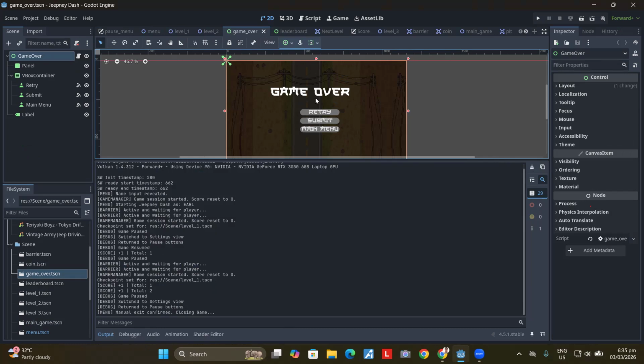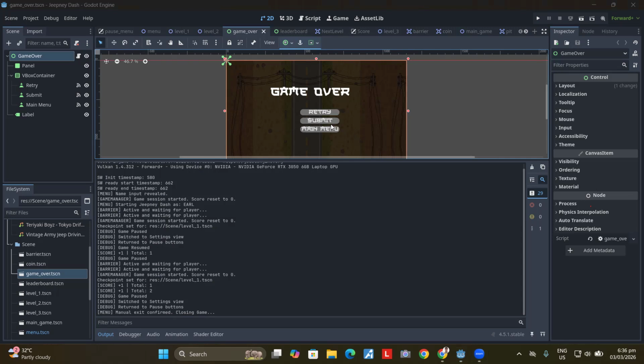We have a retry button if you want to play again and are not satisfied with your score, but we only have three attempts. Once you have used three attempts, it will automatically submit. That will be your final score.